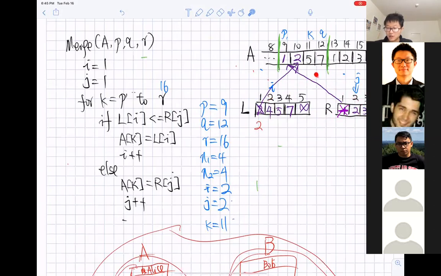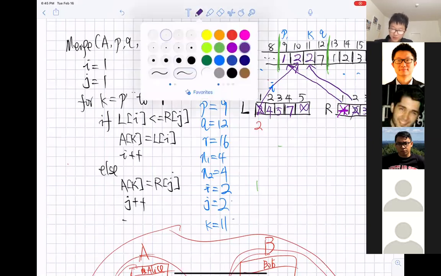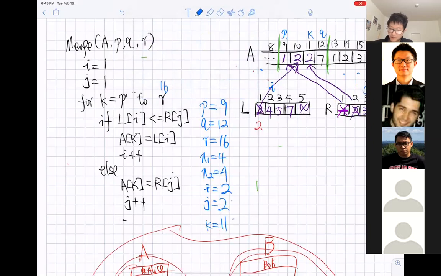So Rj goes to AK. So then this value becomes 2, and we are going to increase J by 1, because this value is gone. And then we're going to increase K by 1.